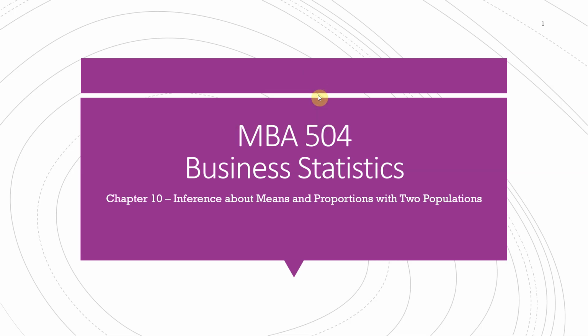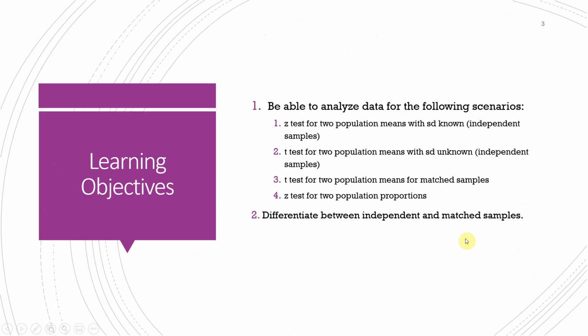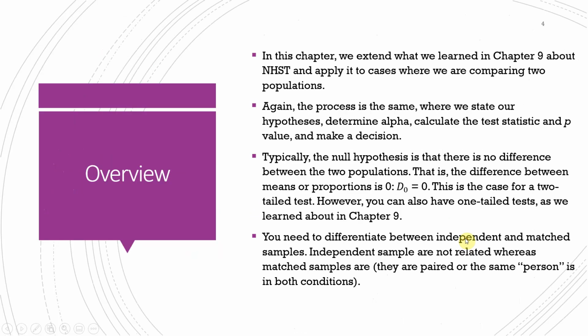All right, another new chapter, chapter 10. In this chapter, we are looking at means and proportions with two populations. Basically, we are just building upon what we learned in chapter 9. In chapter 9, we were looking at null hypothesis significance testing and applying that for when we had